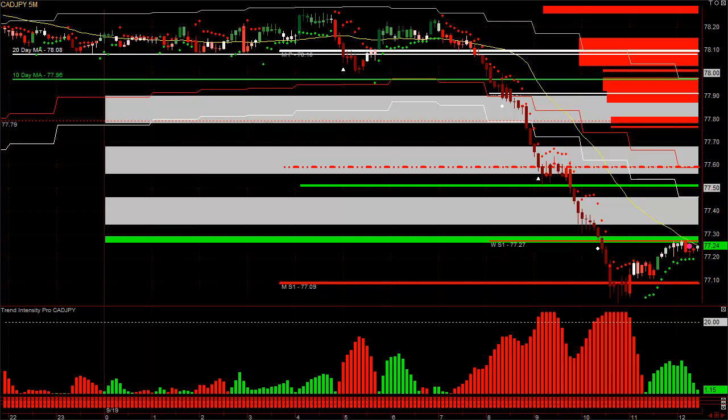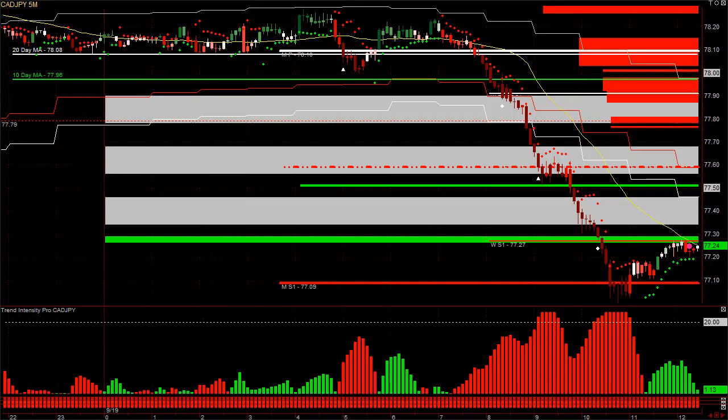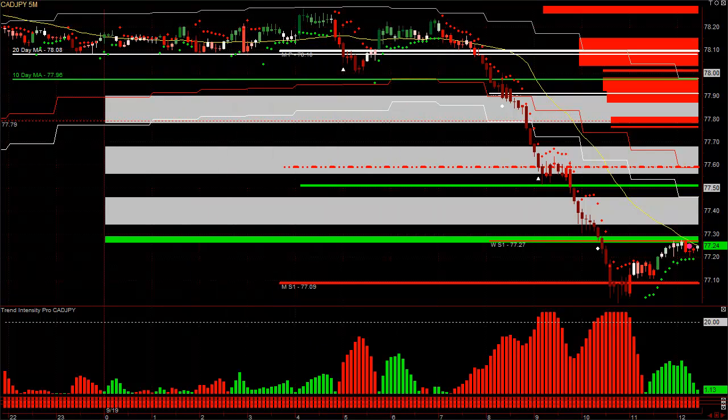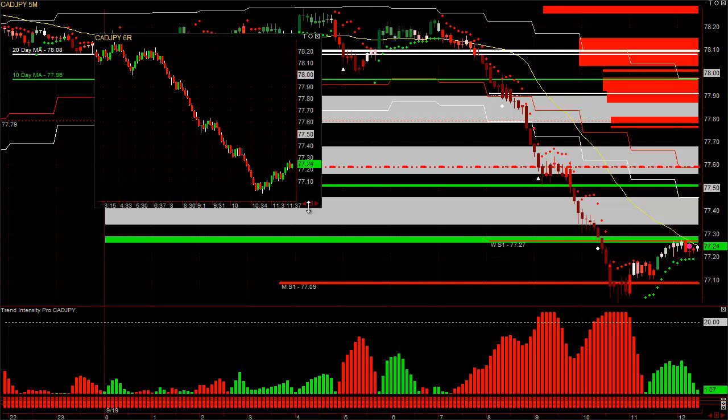Now what if you see this trade and it's already gone down a little bit? The best way to get into a trade like this is really using our range bars. Go to CAD yen, and instead of bringing up a 5-minute chart, let's say you bring up a 6 pips per bar. Put on the ticks per bar, put 6R for 6 range. This is called a range bar chart. It's going to download tick data, and it's going to give you some opportunities to catch this trend in a